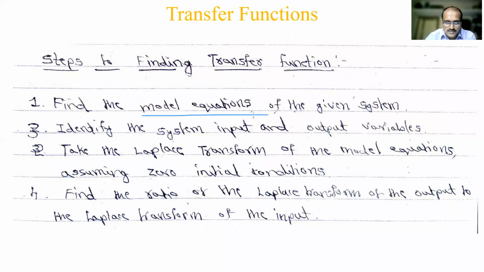So you have the system. If a mechanical system is there, you write the mechanical system equivalent equations. If electrical is there, the electrical equivalent system. You'll be writing Vi(s), I(s), Vo(s), all these things. Then the second step is here. While writing in notes, you write this step first.